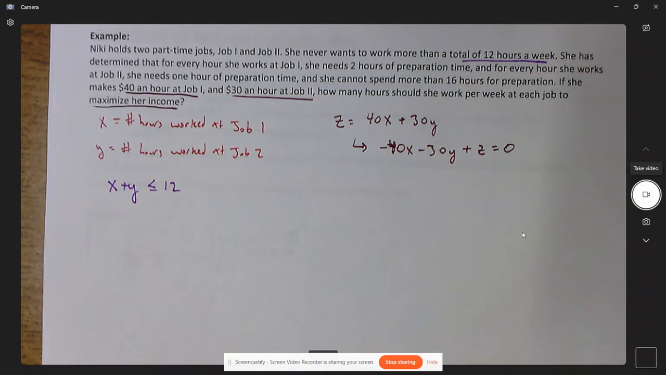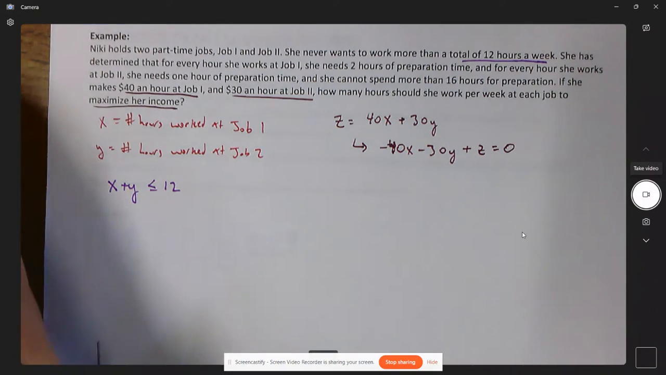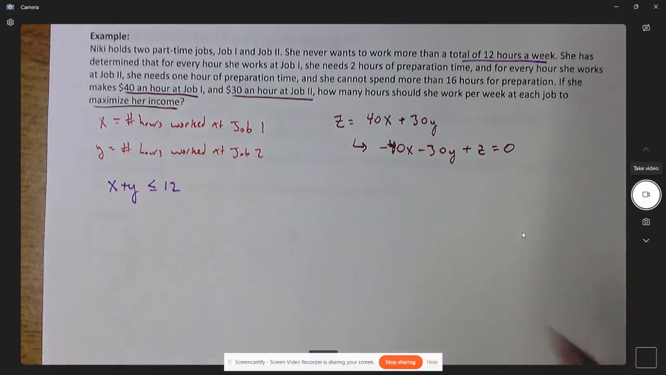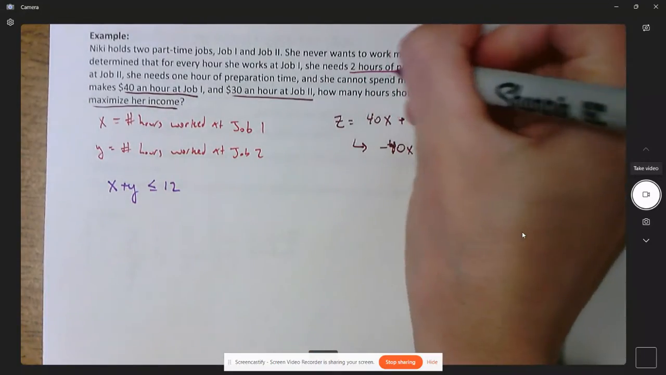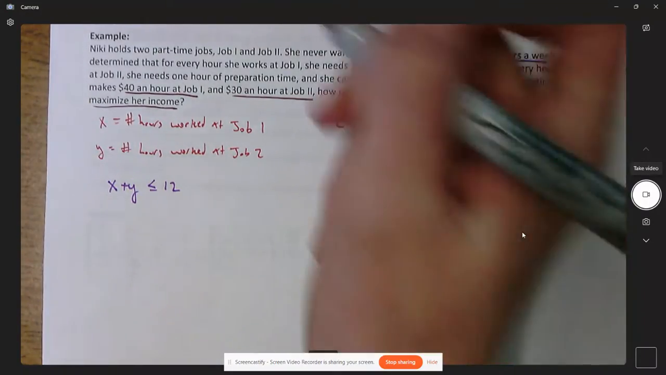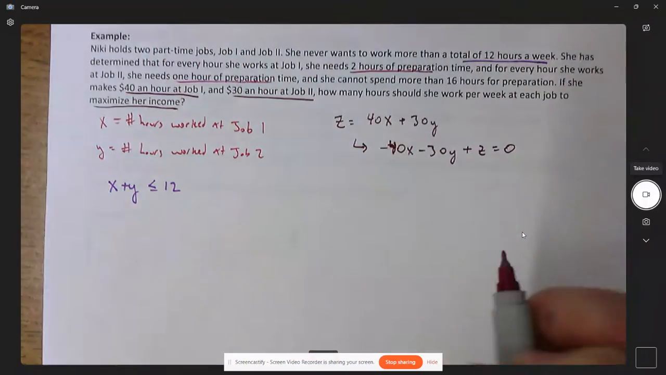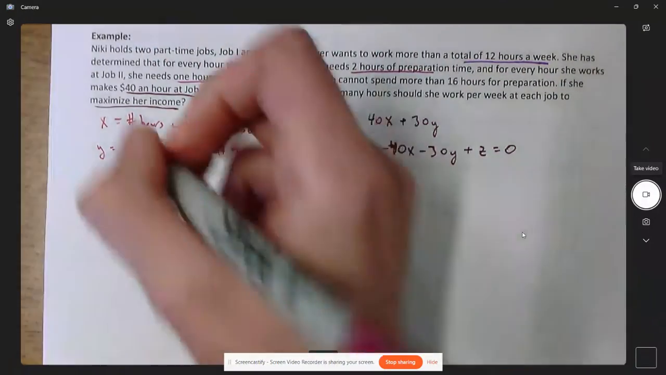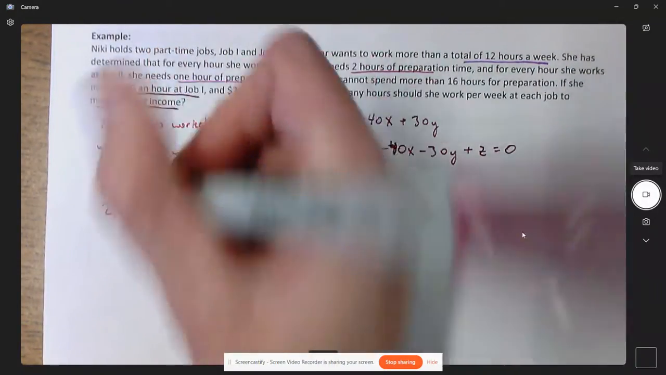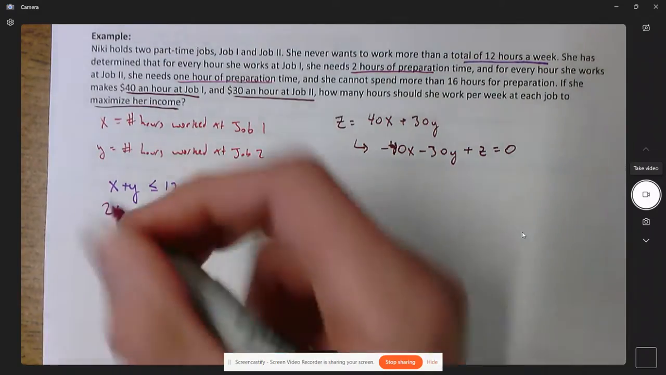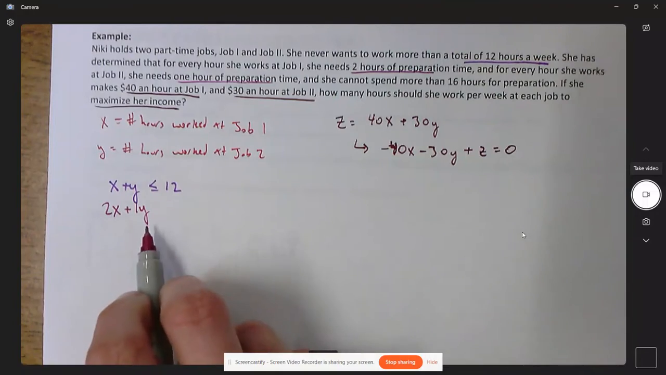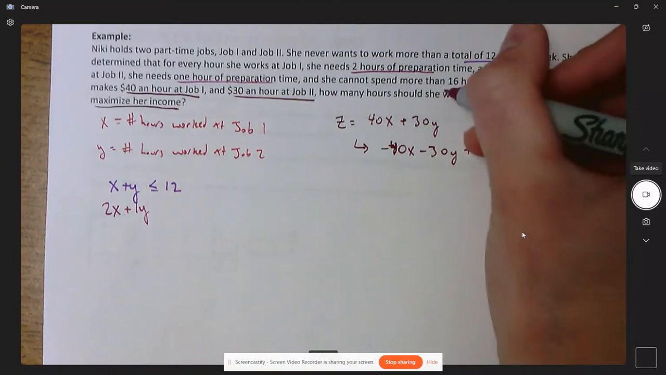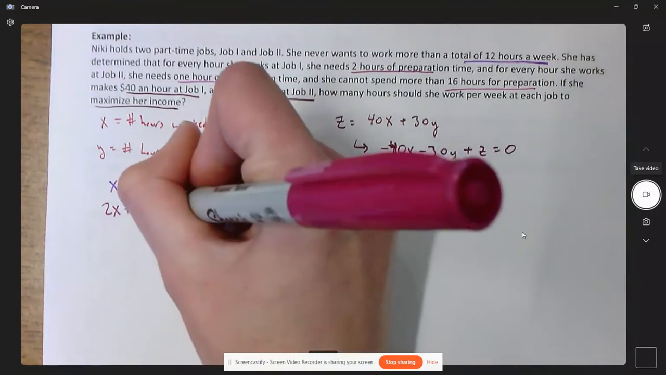Okay, our next constraint equation. Well, what else do we know? They told us about the preparation time, right? So she needs 2 hours of prep time for the first job, and then she needs 1 hour of prep time for the other job. So she's going to need 2 hours per hour worked at the first place, plus 1 hour per hour worked at the second place, and she can't spend more than 16 hours prepping, so that needs to be